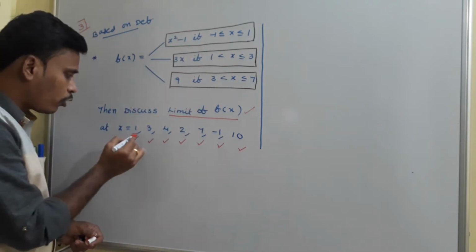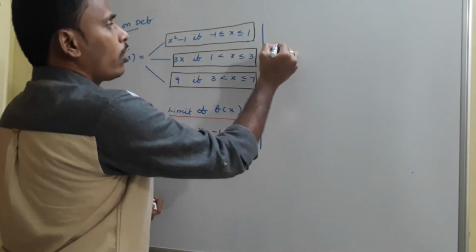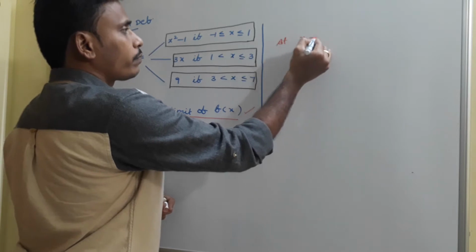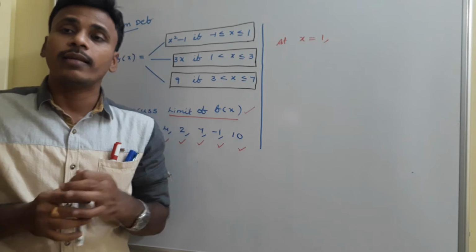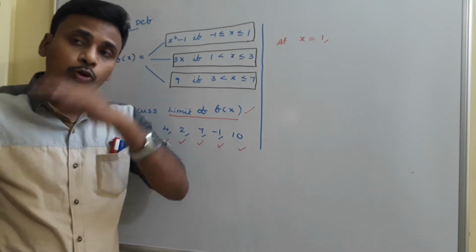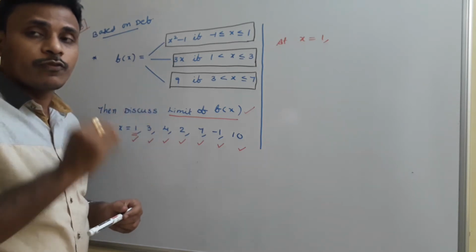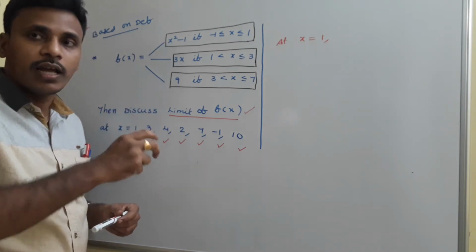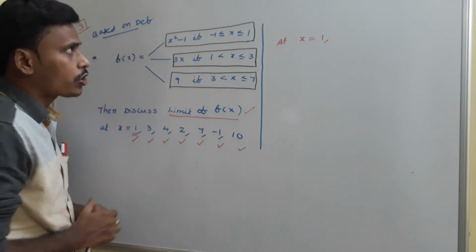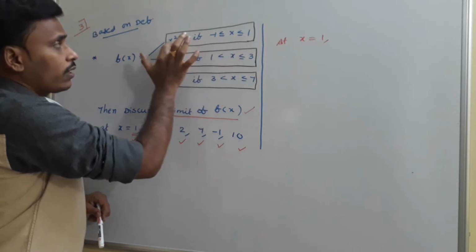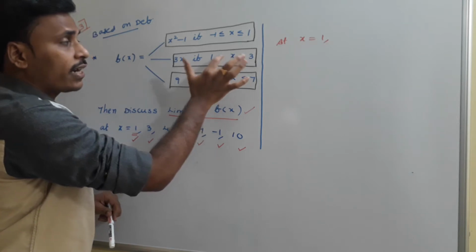First of all, think about x equals 1. At each and every point I will discuss. As I mentioned in the previous class, to discuss the limit of a function at a point, we need to think about the left hand limit as well as the right hand limit. At 1, basically what is the function? First, you need to think about the function at that particular point. See, this is f of x, and when you observe this function, if x is less than 1, the function is x square minus 1. And if 1 is less than x, in the sense x greater than 1, right?